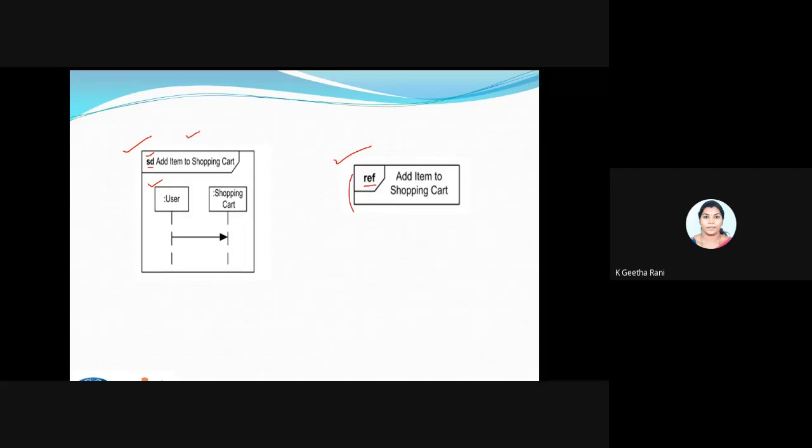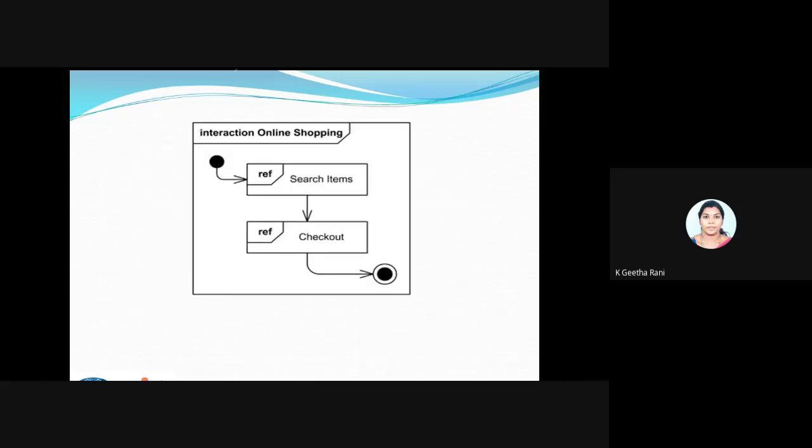We can have a small example denoting these 2 types. You can see I'm having what we will call an interaction, interaction online shopping. Inside this again I'm having a reuse interaction like search item, checkout. These are interactions that occur often, so I made them reused ones inside. So I gave a term called REF. We have an initial for it, and we have a final for it.